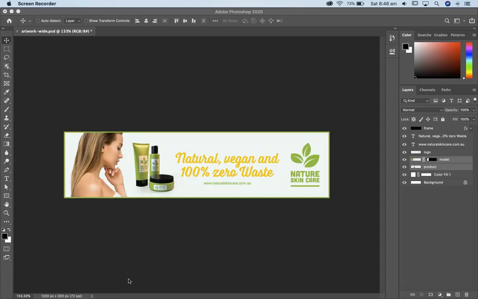Let's look at using Quick Export in Photoshop to export images for the web. Here I've got a piece of work that I've been creating for my client, and I need to create some assets going to be published on the internet, on various platforms. And I can do that by using the Quick Export